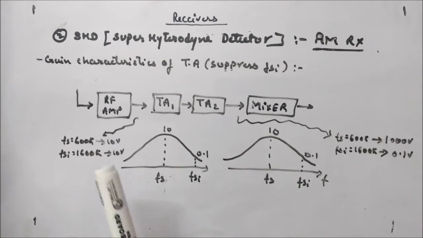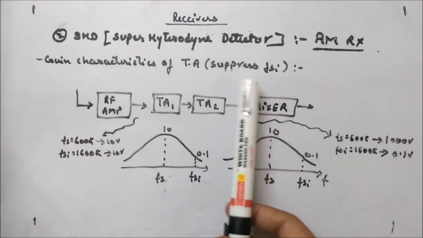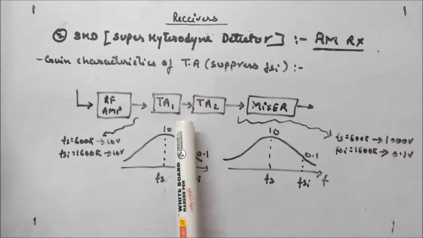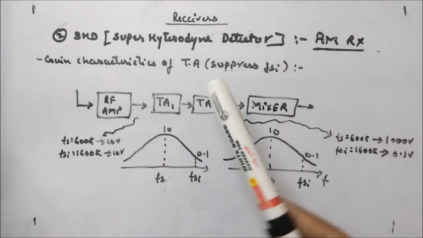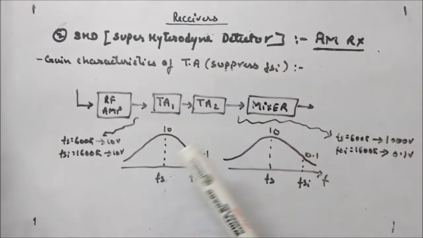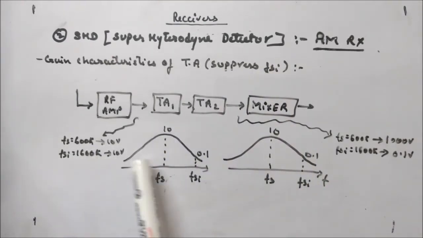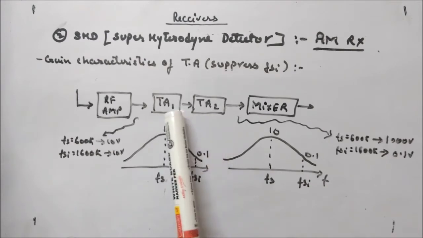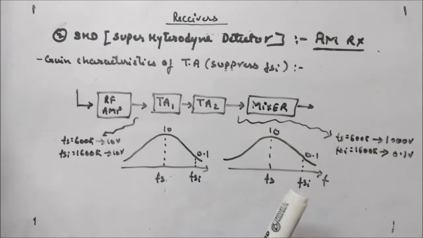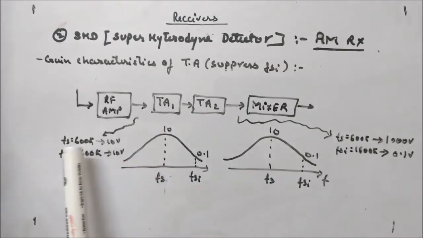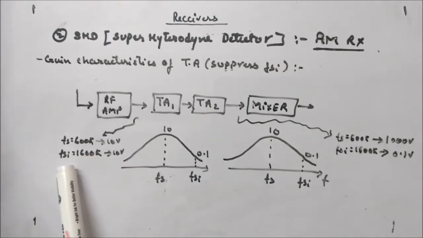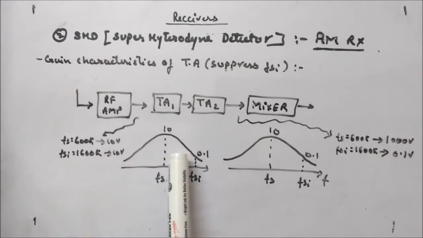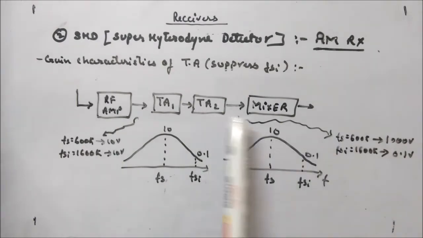Now to suppress the frequency component FSI, you can even have cascaded tuned amplifiers. It will suppress more of what we were suppressing before. So the characteristics of both tuned amplifiers, TA1 and TA2, have to be the same. Now if you input the signal from here with Fs equal to 600k and FSI equal to 1600k with amplitudes of 10 volts and 10 volts, then at the output of TA2 what you will get,